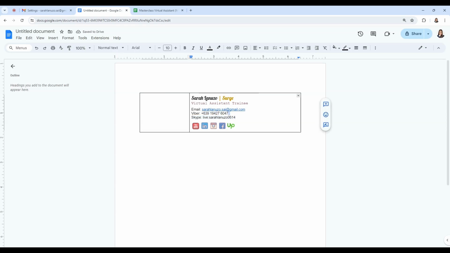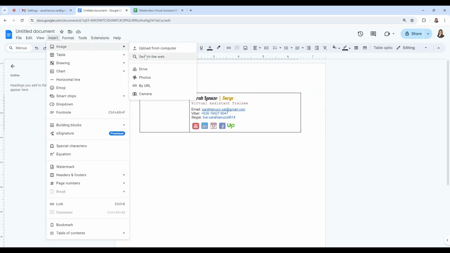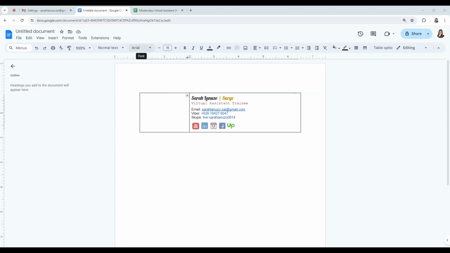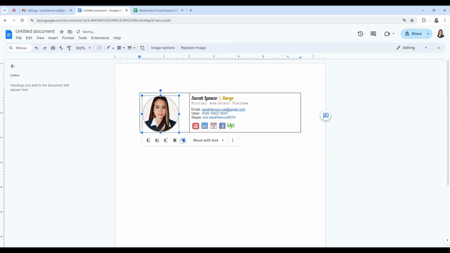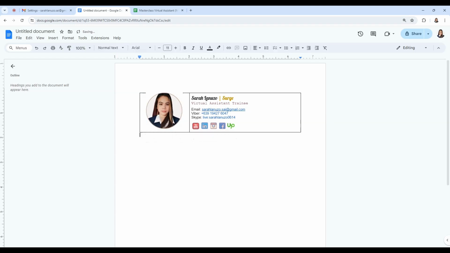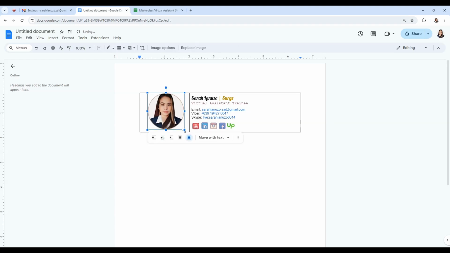And I also customize the color of this Viber and Skype. There you go. And I can also place my photo here, and make it a little bit smaller there.